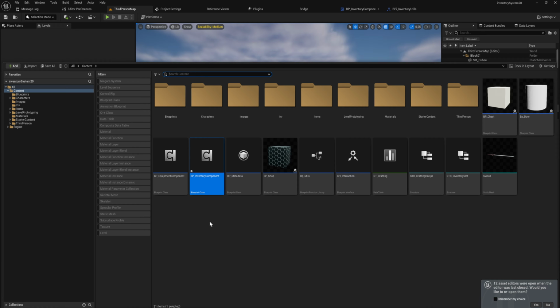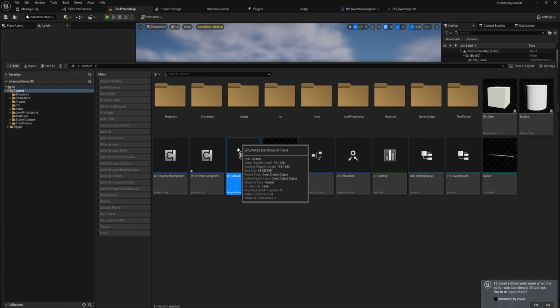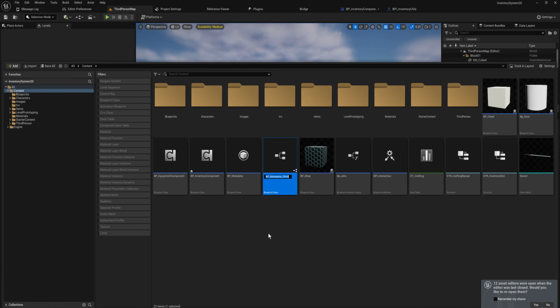like having an extra damage enchantment or having a durability on it. So let's take our metadata class and make a blueprint of that, and we'll call this BP metadata. You could even get rid of the BP if you really wanted to. Let's actually get rid of it and just make this the naming convention in this project. Everything that's going to be a metadata class will just start with metadata underscore, and we'll call this weapons, or